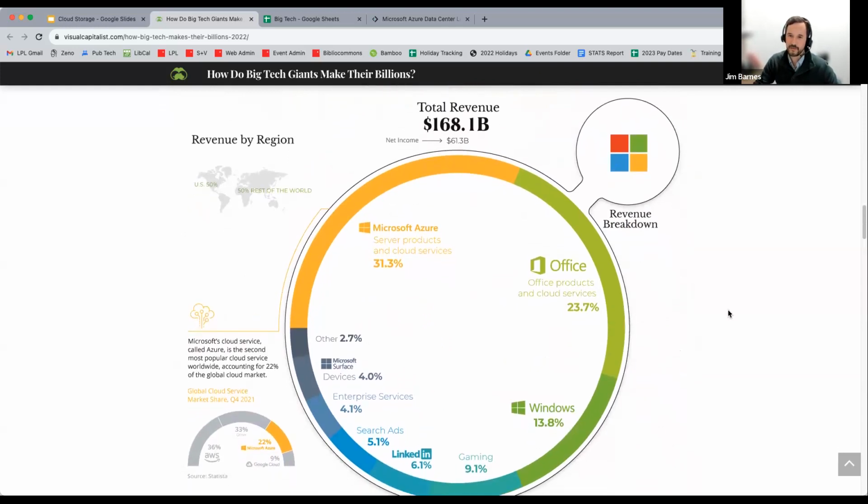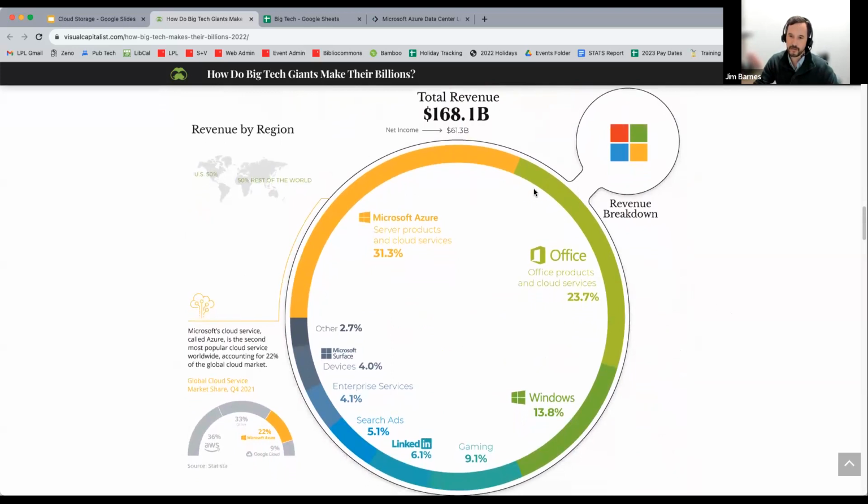And then here's Microsoft. Microsoft is interesting because there's this Microsoft Azure, which I was mentioning. That's their server and cloud products. That's mostly for business servers. We were just demoing a software at the library yesterday, and it ran on Microsoft Azure. And then they make a good bit of money on their Office products like Microsoft Office and selling Windows to go on computers. So they're really a server company and a software company.